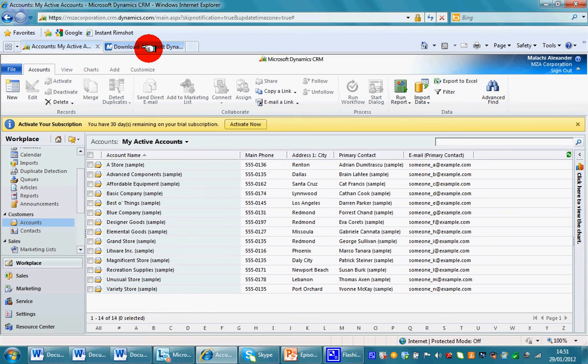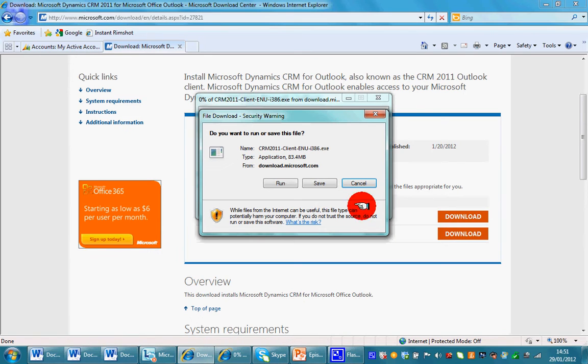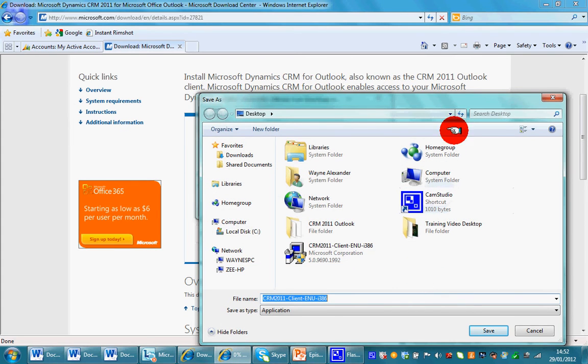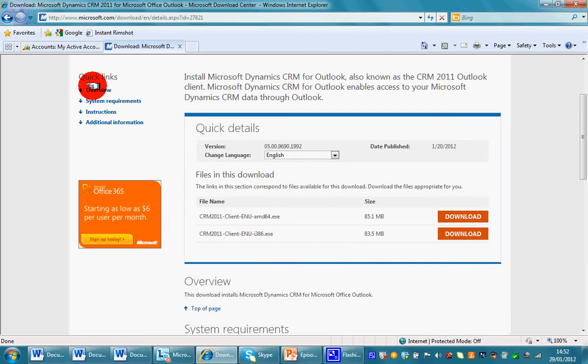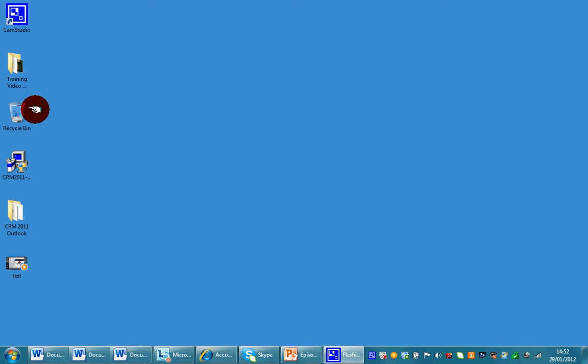So if I just jump over to my other tab where I've got this open, the file that you would download is called CRM 2011 Client ENU I386. So what I'll just do is click on download and save that to my desktop. Now normally I would save to my desktop, but I've already prepared a file earlier. Okay, so I'm just going to go ahead and get rid of that Microsoft screen and minimize, and